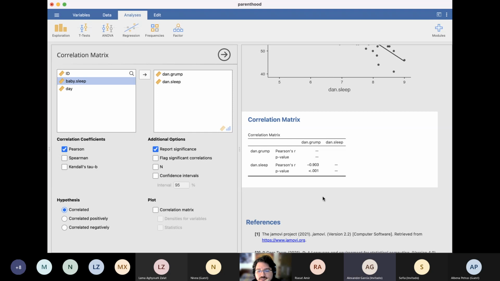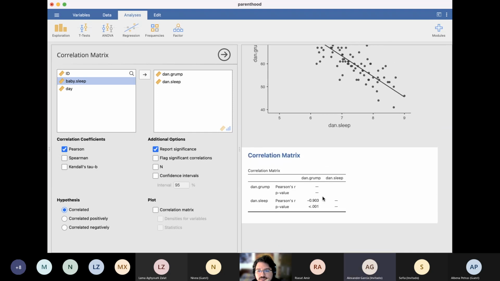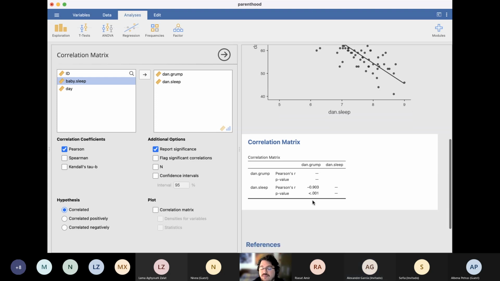I think the correlation is very, very statistically meaningful. No. Okay. So let me correct you there. You're correct in that it's statistically significant, but not because of the 0.9, but because